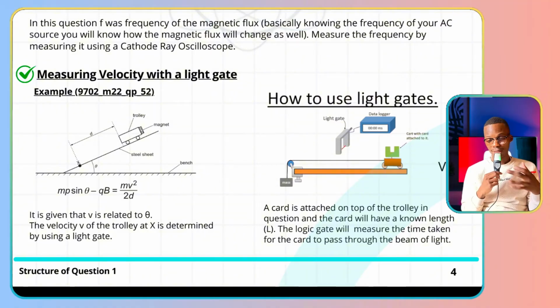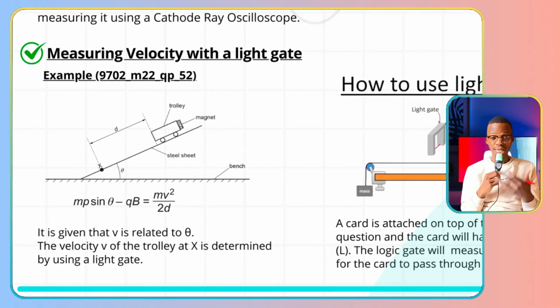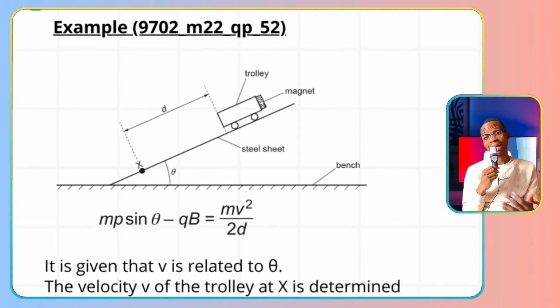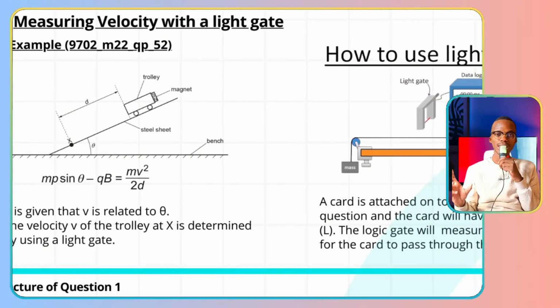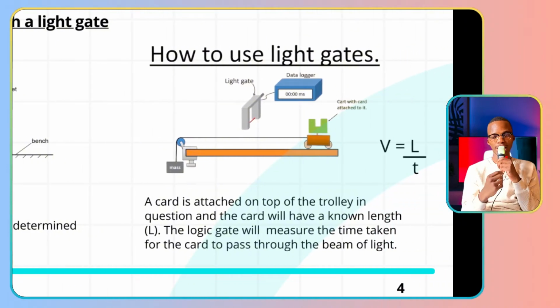It is given that v, the velocity of this trolley, is related to the angle theta. The velocity v of the trolley can be determined at point x by using a light gate. So basically, what is a light gate? A light gate is something that uses light to measure the amount of time taken for something to move through it. For example, if you look at that setup, you can have a light gate connected to a data logger. Always say that. Have a light gate that's connected to a data logger